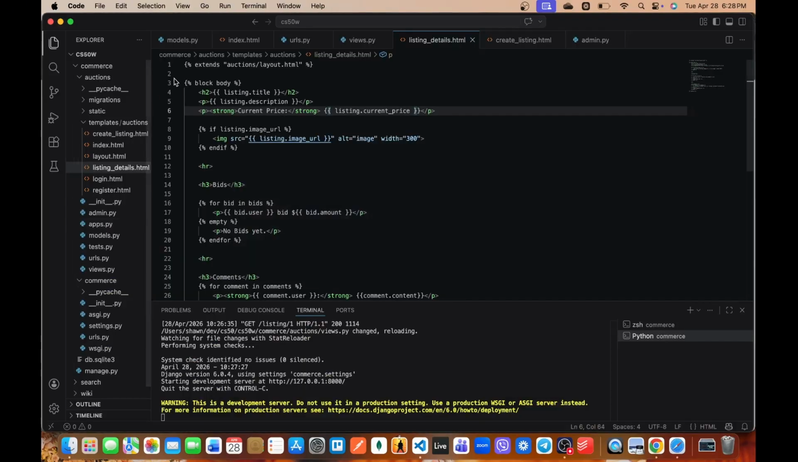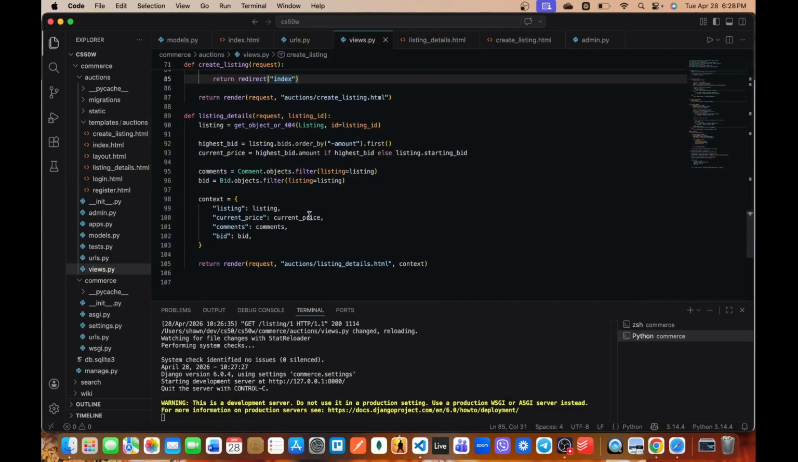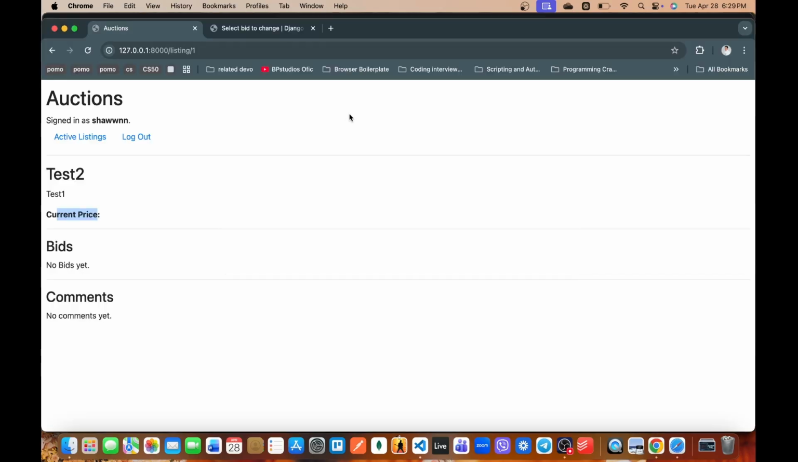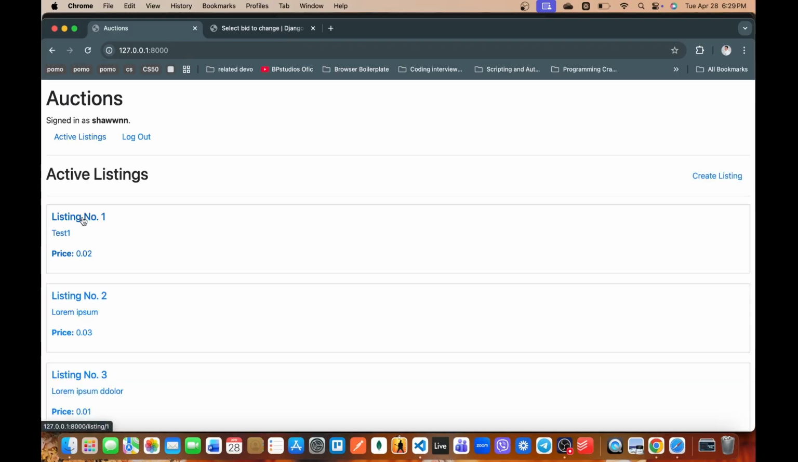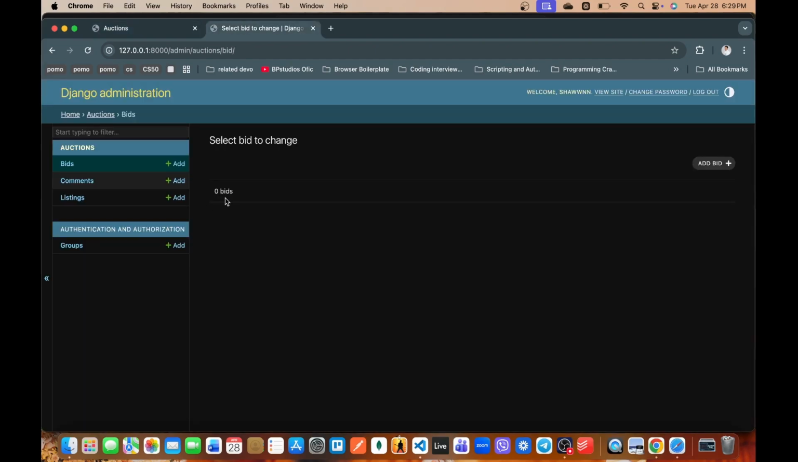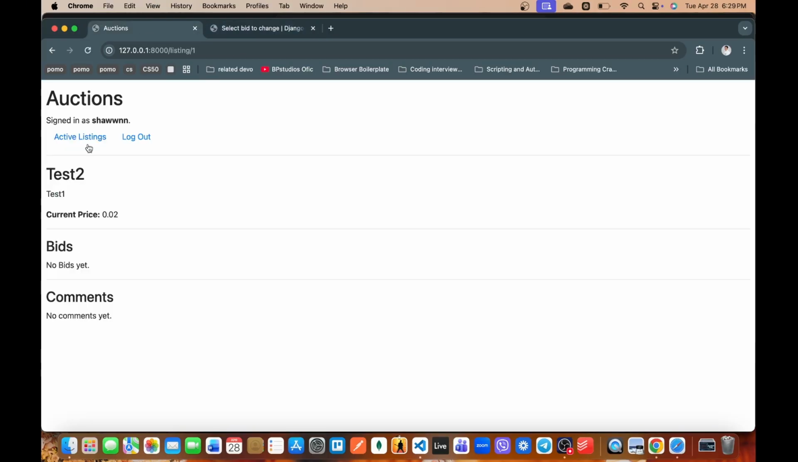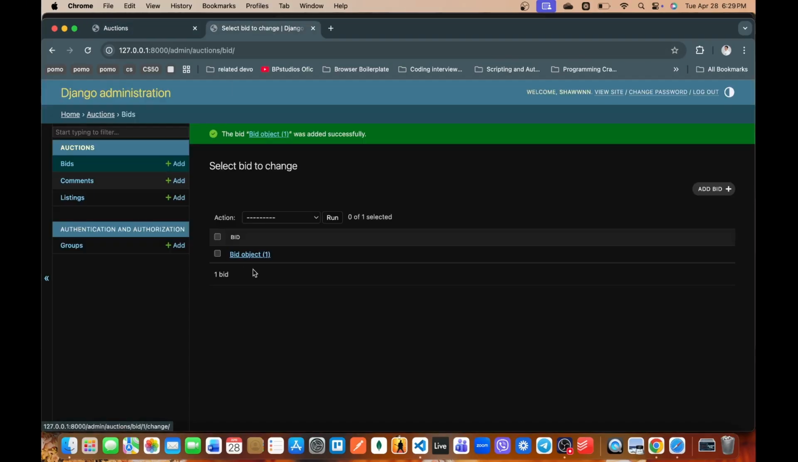What's wrong? Maybe we don't need the listing object here, or we're just gonna go and call our variable called current price. Gonna rerun again. Let's go. Listing at 1. It shows 0.02 because this is the starting bid. What happens if we change? Let's do this. User shop. Okay, what happens? Oh, 0.04. So it successfully called our